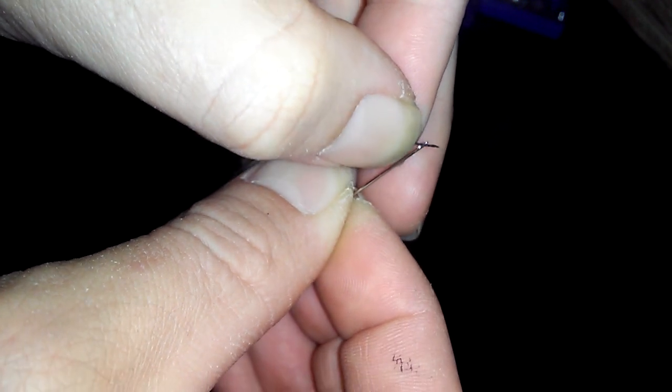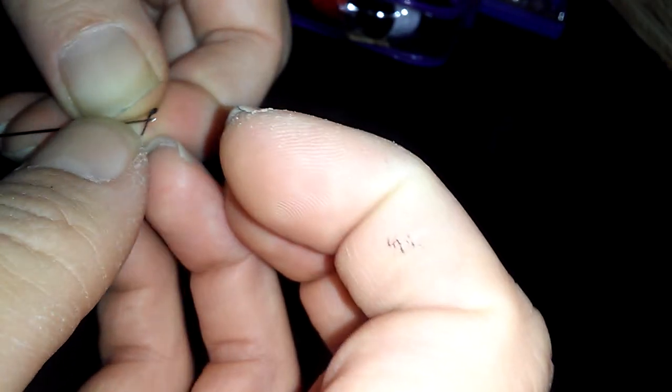All right, tip number 3 or 4. Once you get it just a little bit through, oh, come on, baby. Don't try to push it all the way through when threading it. Just try to grab it from the other end. If you try to push it through from the one end, you might be at it for a while. Gosh, and I'm just realizing as I double this up,